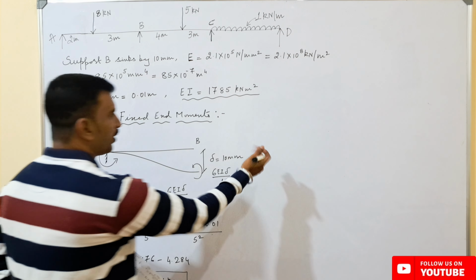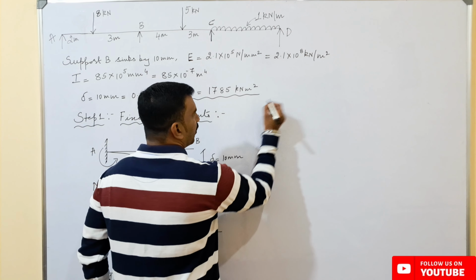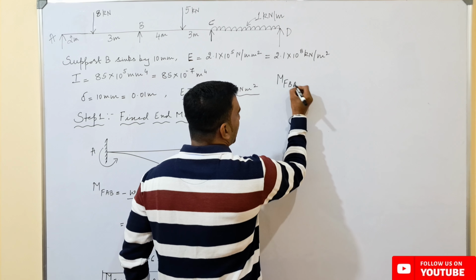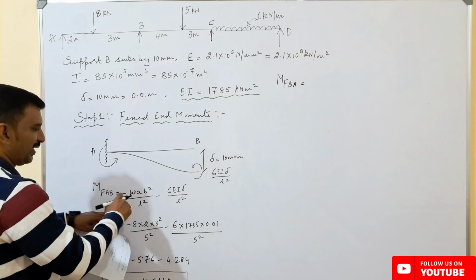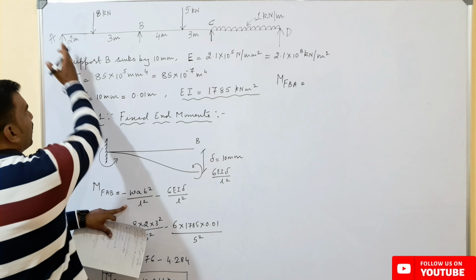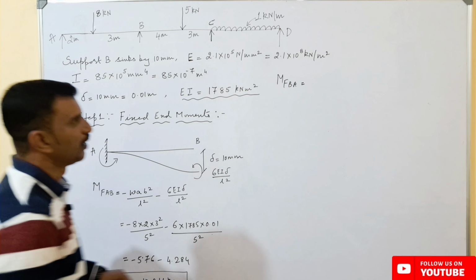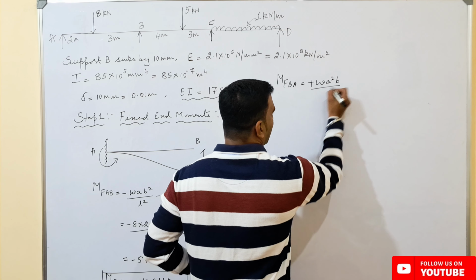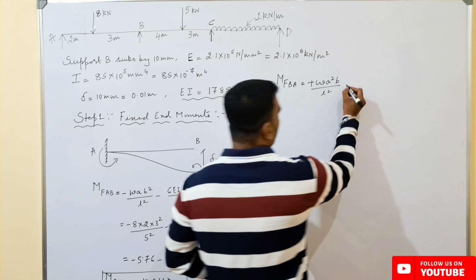Now if we need to find out the fixed moment from B to A, so here I will write over here. So fixed moment from B to A. So now everything remains same, only the sign about the fixed moment from B to A changes, because here we are coming from left to right. Now fixed moment from B to A going from right to left, we know it is positive, so it will be plus W A square B upon L square, the formula whenever we are having an eccentric loading,